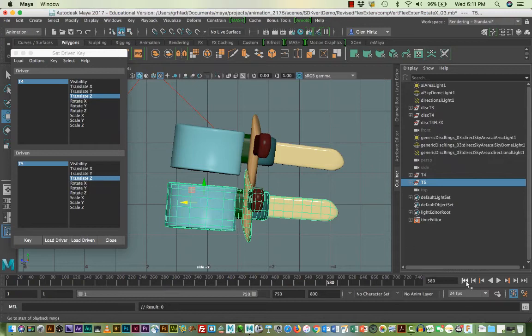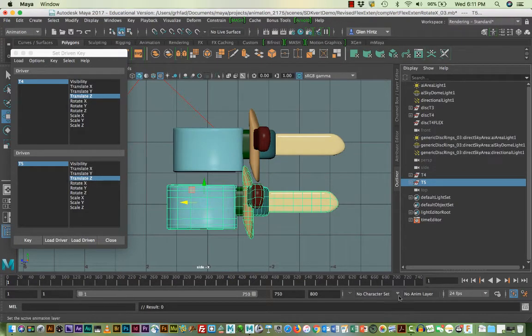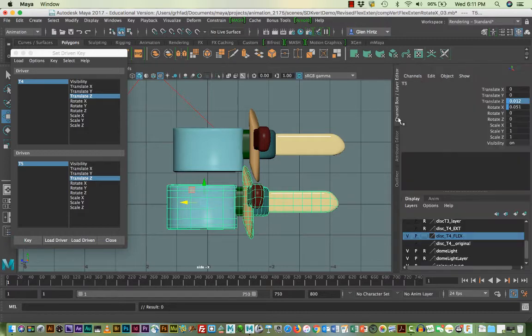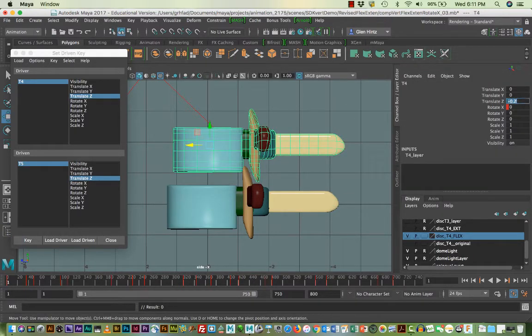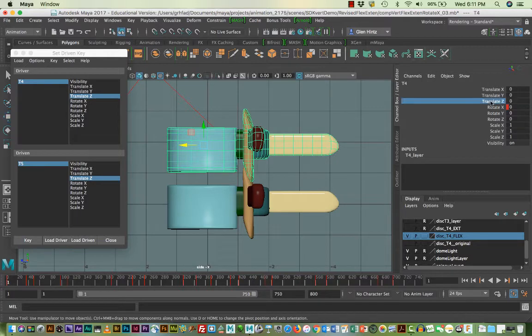All right, now that we got this established, let's go back to frame 1. Let's get the... I'm sorry, that's the wrong one. I need the driver. Let's get T4 back to 0. Okay, so what I'm going to do now is I'm going to set a key